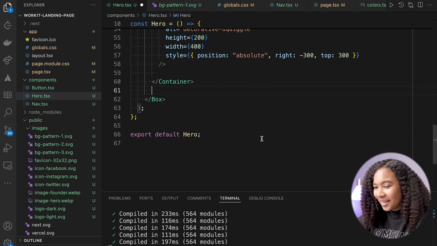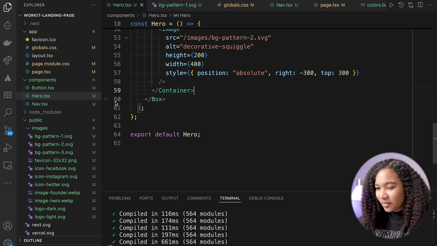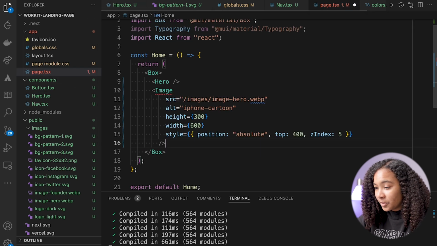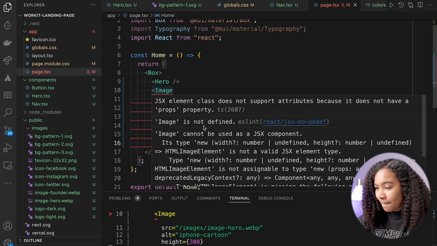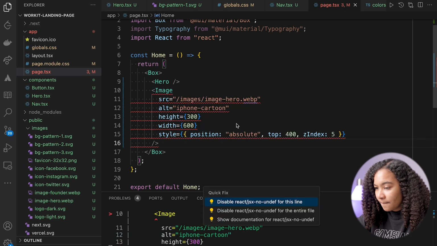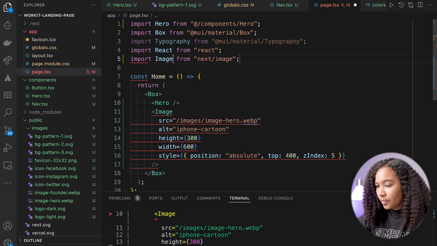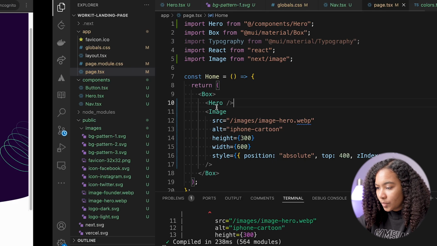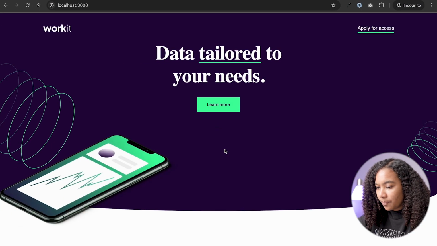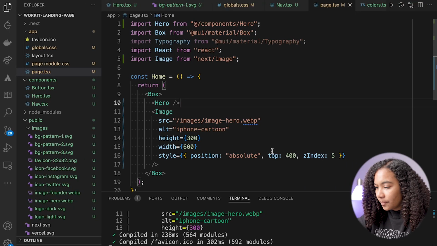Okay. Maybe this is something that goes on the page itself, if it's giving it this much trouble. Okay, yeah, that looks a lot better. We're just gonna say